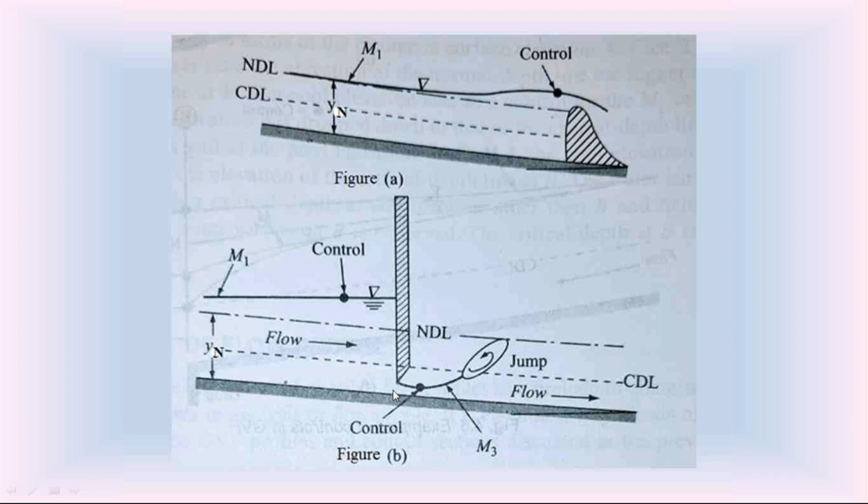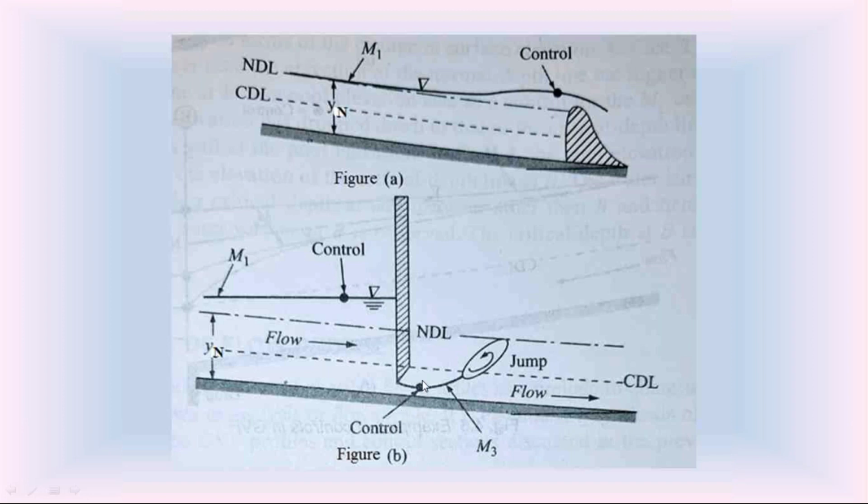So like this, these water surface profiles are all gradually varied flows. This is a gradually varied flow, the M1 water surface profile. M3 is also gradually varied flow. So in those water surface profiles, at one particular section, there is a relation between the depth of water flow and the discharge Q.